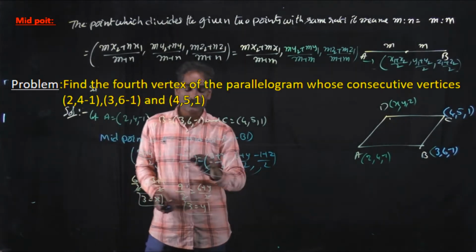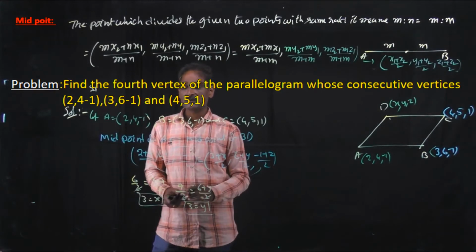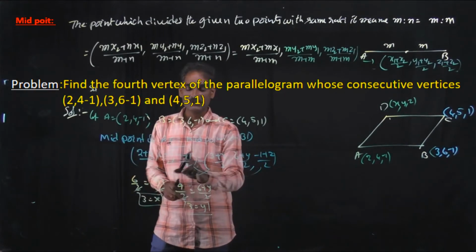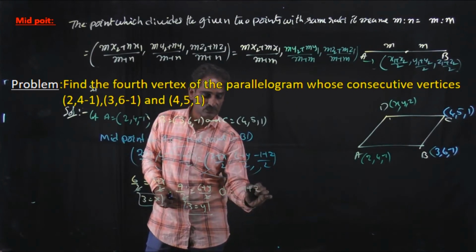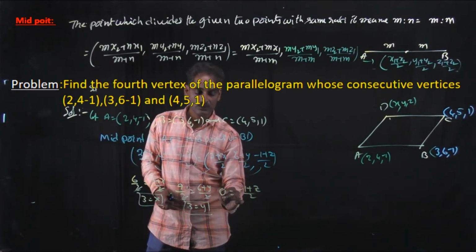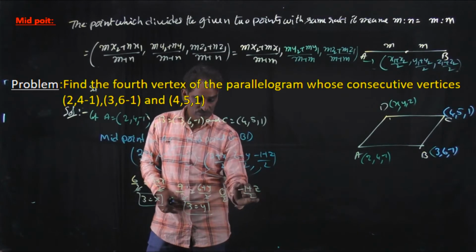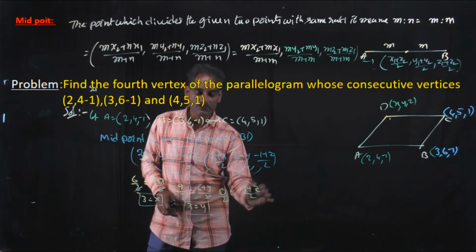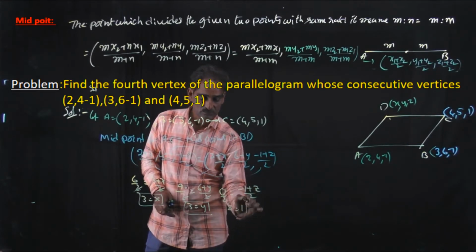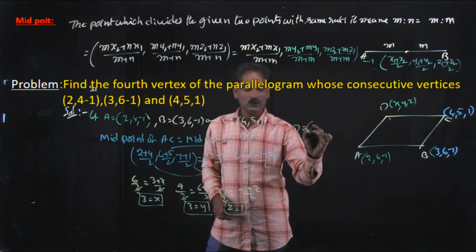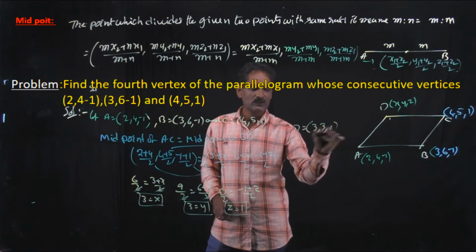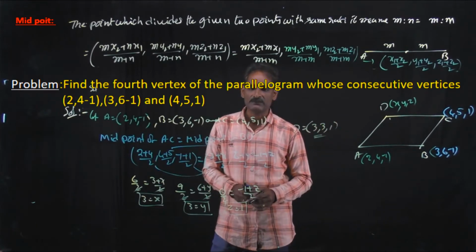Now by equating the z coordinates, here minus 1 plus 1, minus 1 plus 1, 0. 0 is equal to minus 1 plus z by 2. Okay, 0 by 2 is there. So from this, 0 is equal to minus 1 plus z, z is equal to 1. Now coordinates of the required point D is equal to 3, 3, 1. This is the required point.